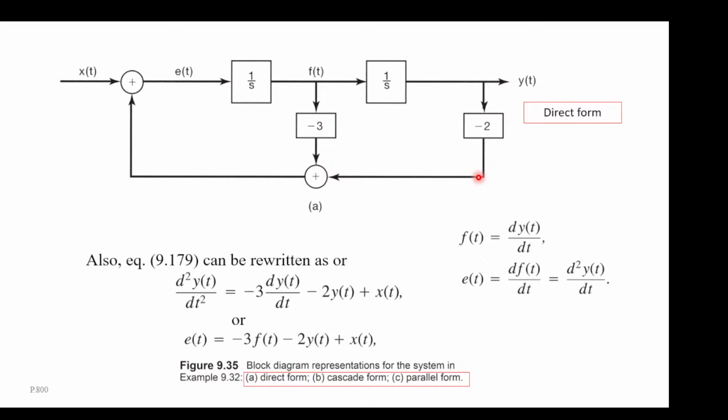because then we write e and f here, and so we have f will be dy dt, and e will be df dt equal to d squared y dt squared, because it's the integrator, and the reverse is differentiation. So e of t equal to d squared y dt squared, and f of t equal to dy dt. And we want e of t